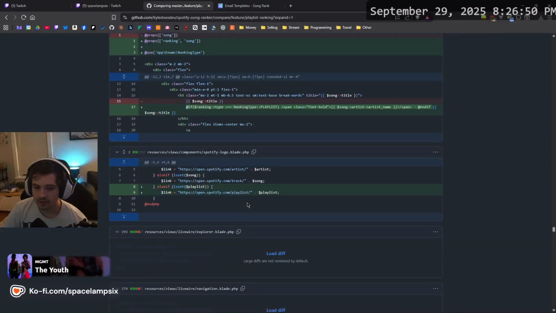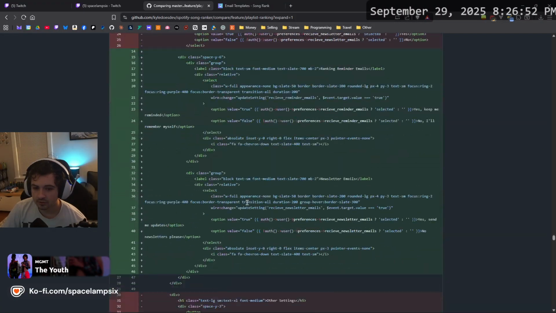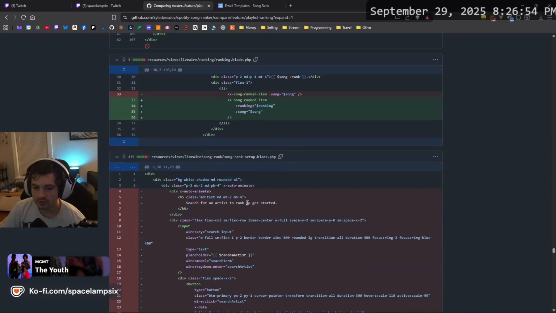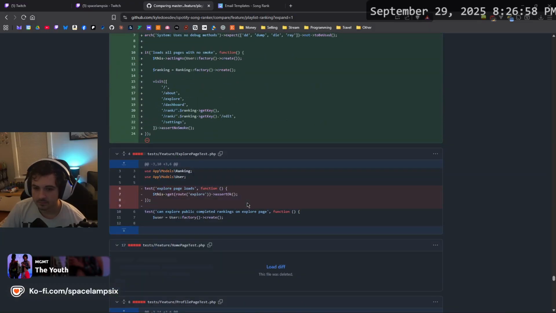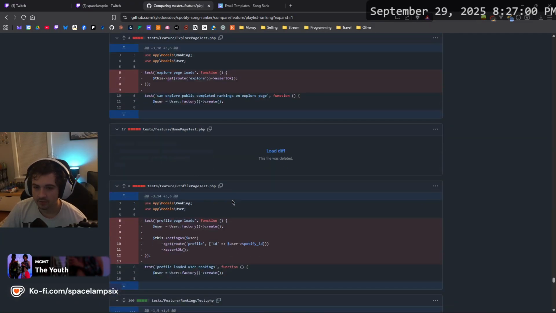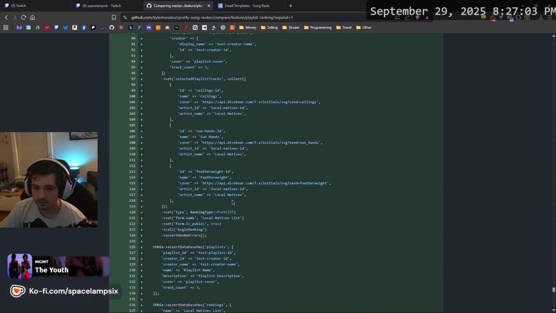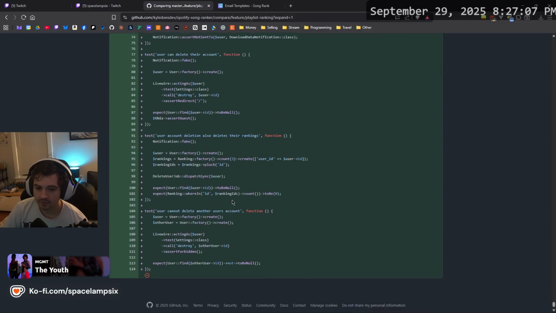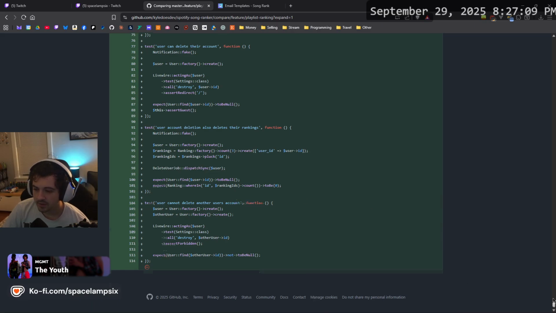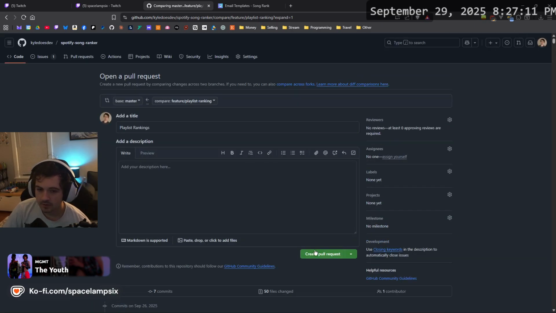Blade updates, a lot of UI changes and updates in this. Test cleanup, more ranking tests, all the settings tests. Cool. Big beefy PR.